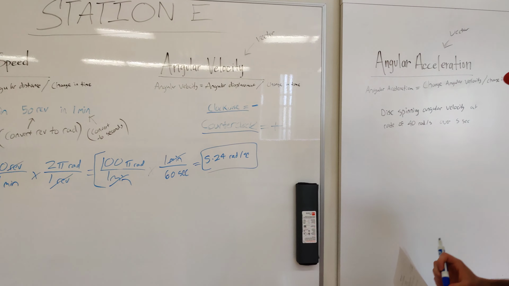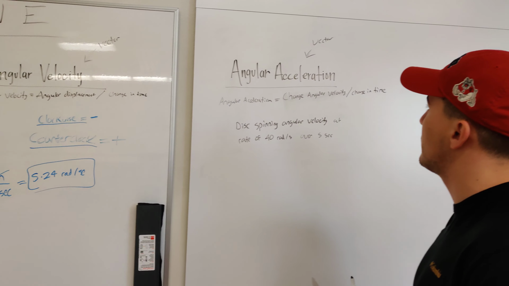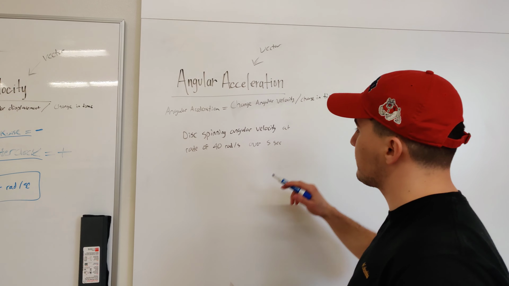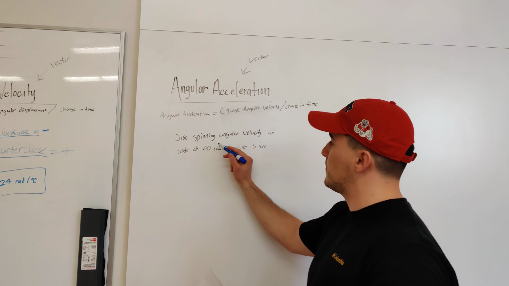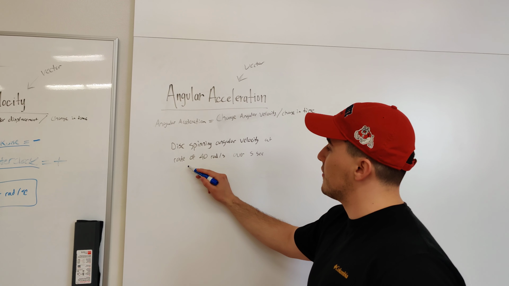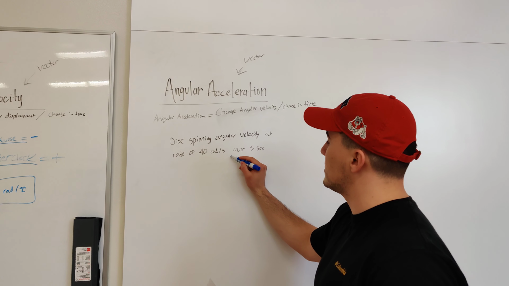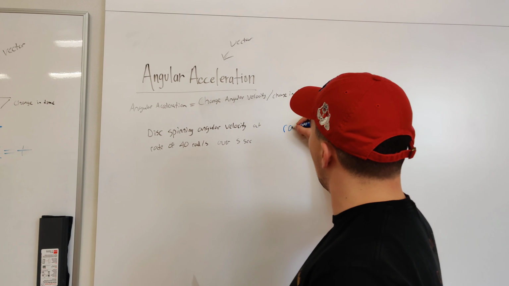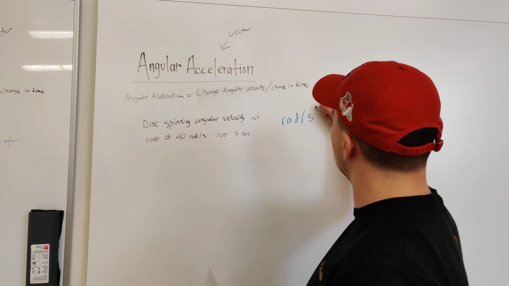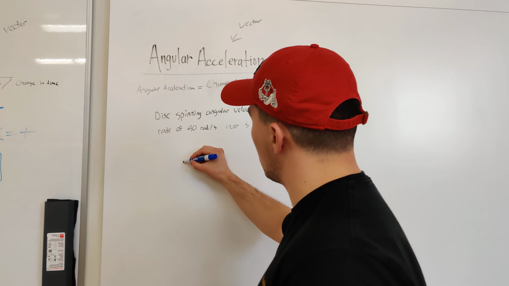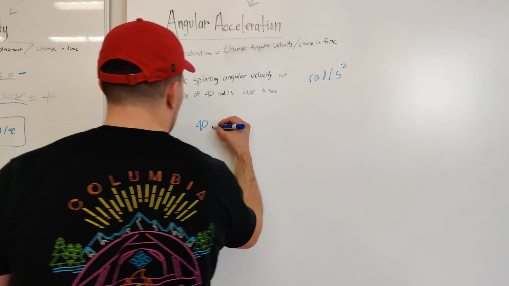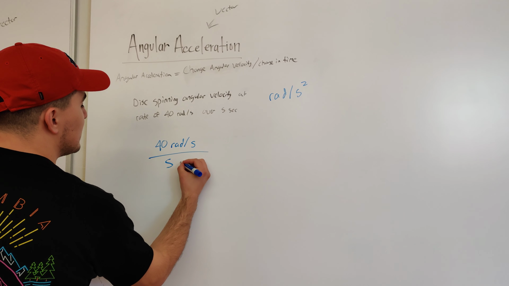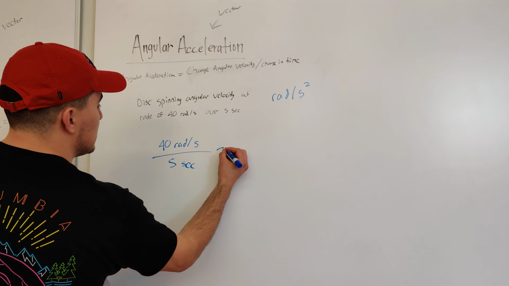All right. Angular acceleration. So angular acceleration is a change in angular velocity over the amount of time. For example, we have a disk spinning at an angular velocity at a rate of 40 radians per second over 5 seconds. So we know angular acceleration is actually radians divided by seconds squared. So we have 40 radians per second divided by 5 seconds equals